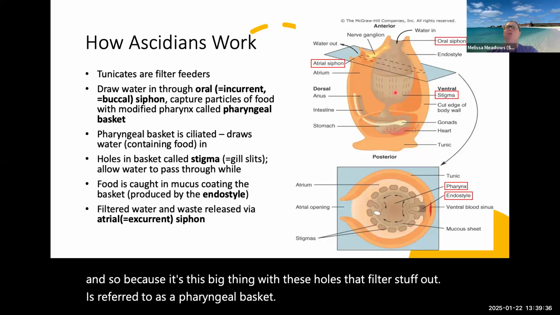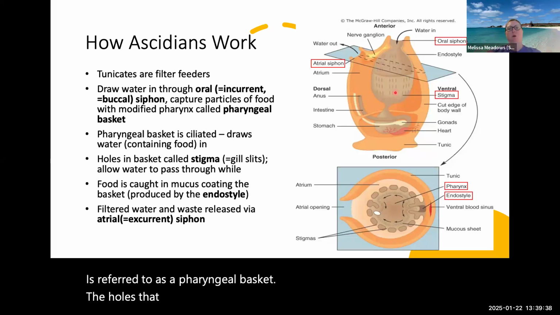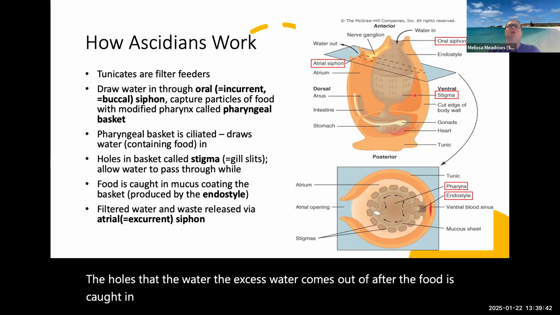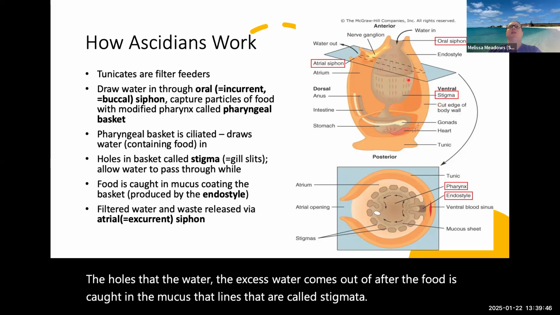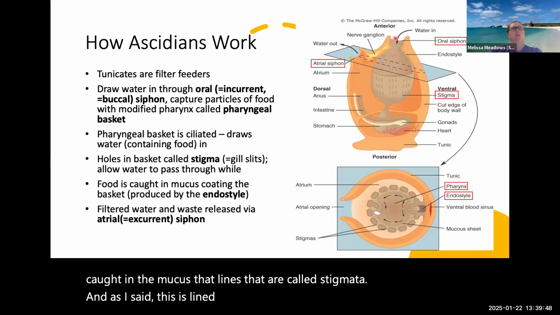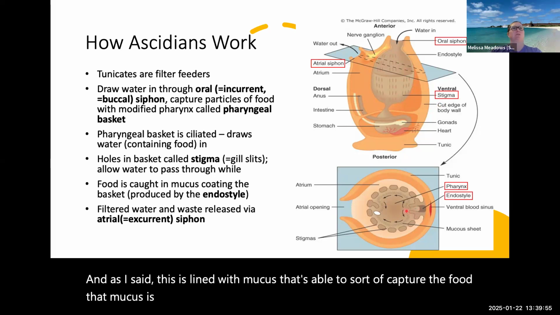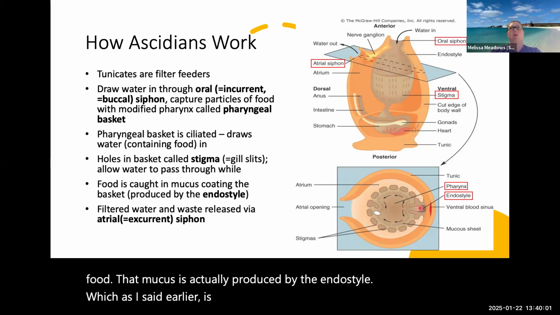The holes that the excess water comes out of after the food is caught in the mucus that lines it are called stigmata. And as I said, this is lined with mucus that's able to capture the food. That mucus is actually produced by the endostyle, which, as I said earlier, is homologous to our thyroid gland. So the endostyle produces the mucus,